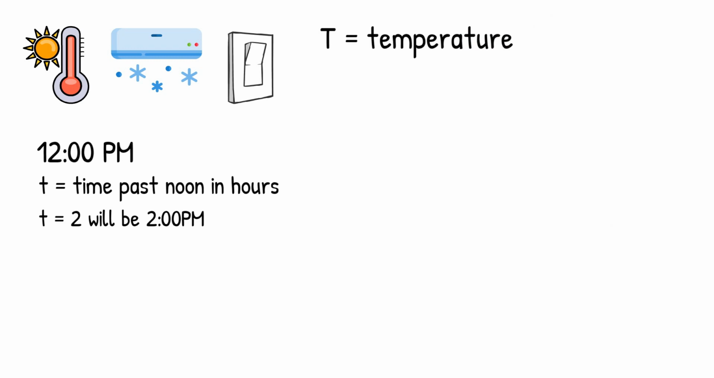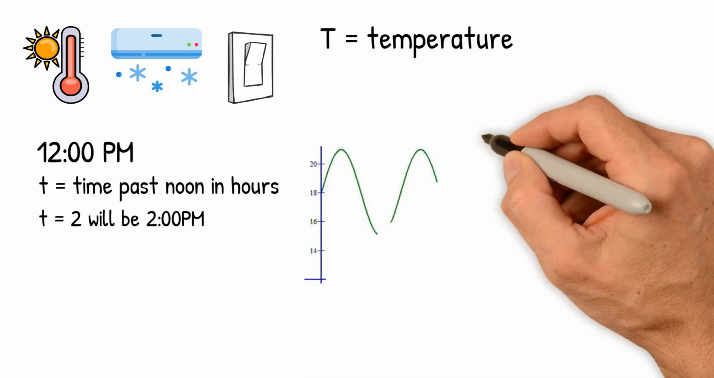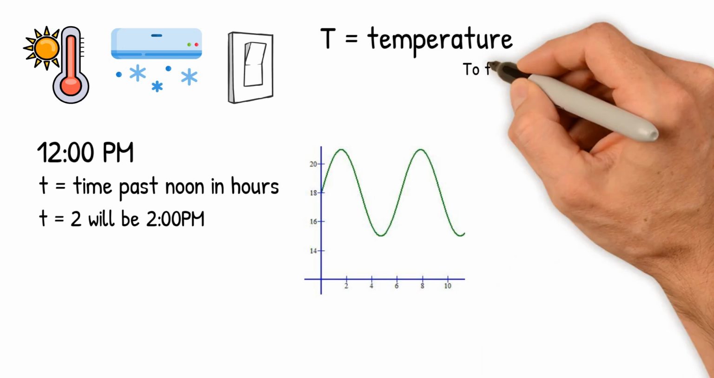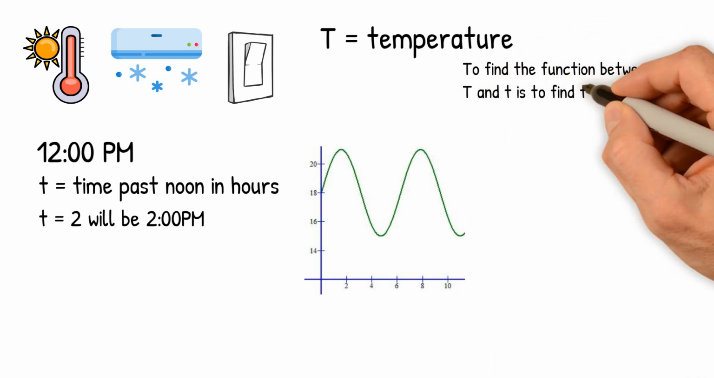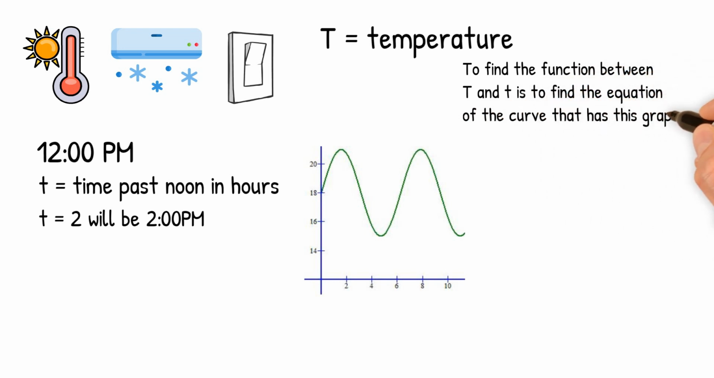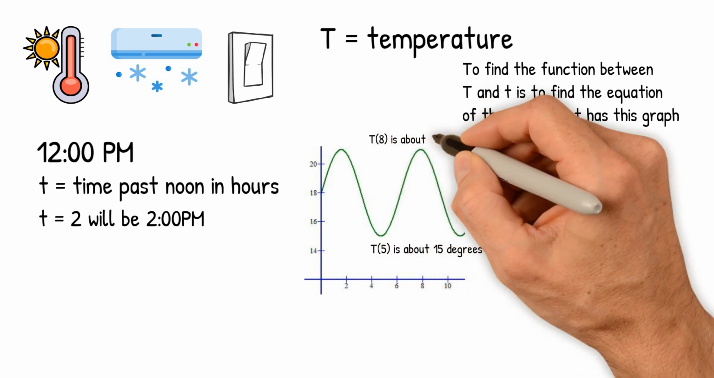If every few minutes we check on the class temperature and note the times when they happened, we will get a graph between lowercase t, the horizontal axis, representing the time, and capital T, representing the temperature, the vertical axis. To find the function between the temperature and the time, or capital T and lowercase t, is to find the equation of the curve that has this graph. Let's say, just for illustration, that we plotted all the points and got a graph that looks something like this. So based on this, T of 5 is about 15 degrees, and T of 8 is about 21 degrees, all in